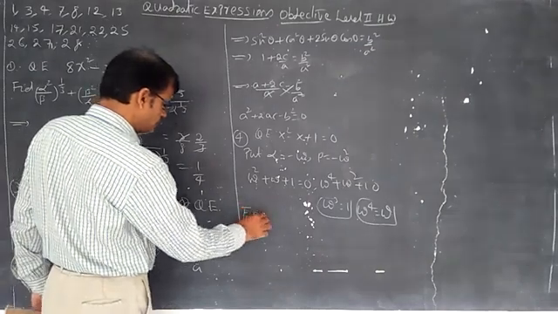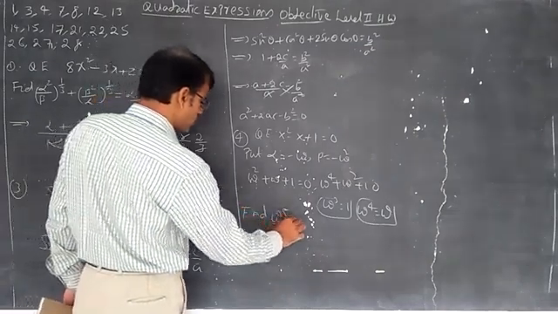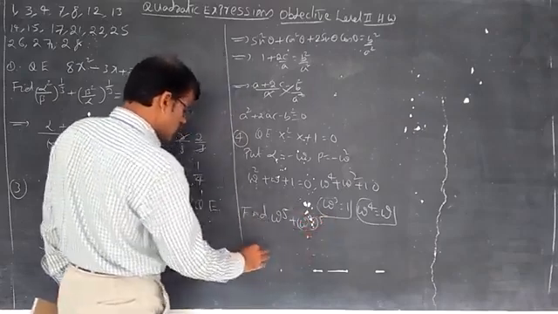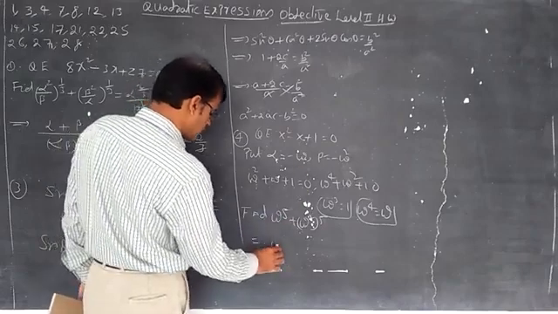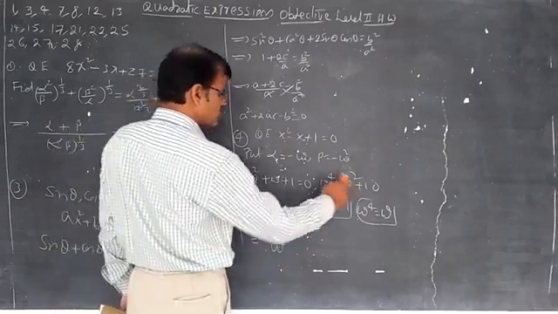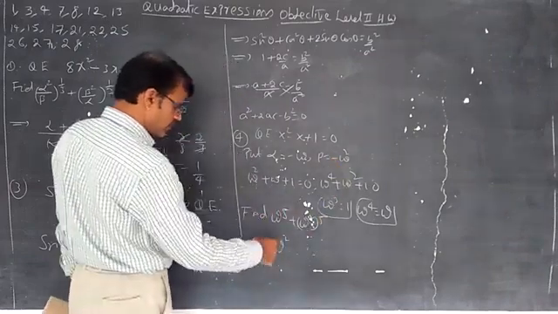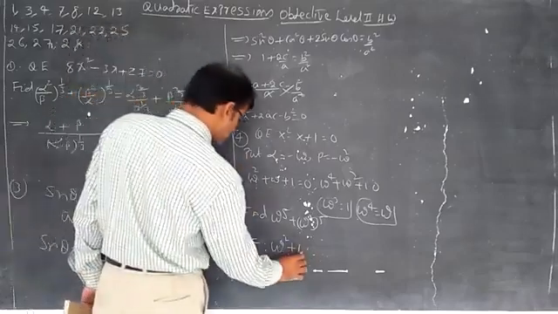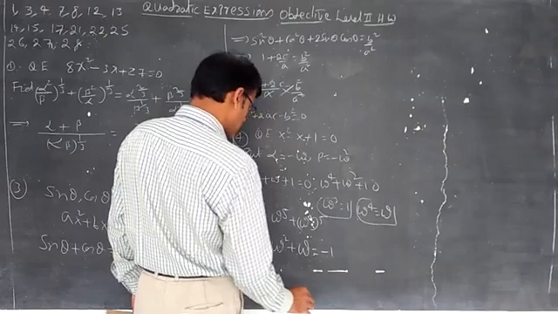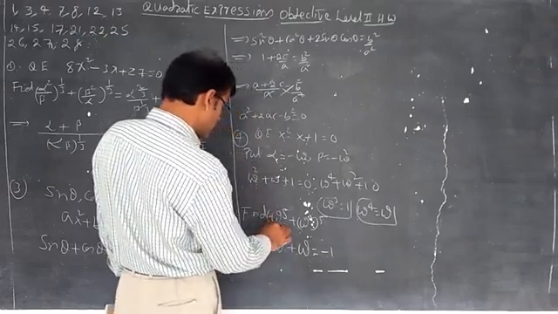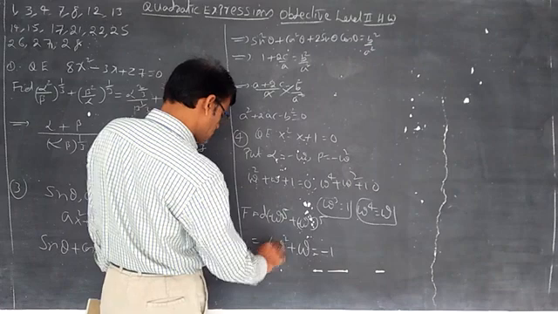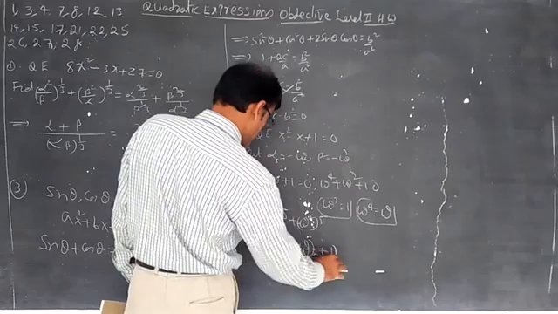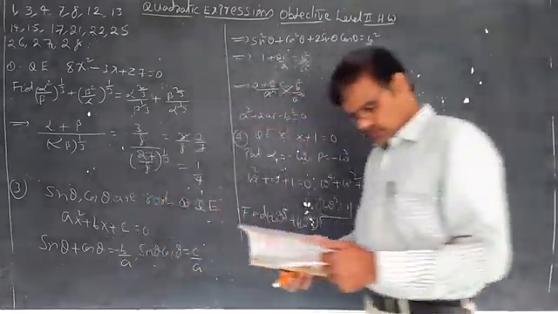Now we should find out alpha power 5 plus beta power 5, that is (minus omega) power 5 plus (minus omega square) power 5. It is nothing but the concept that omega cube is equal to 1. Omega power 5 becomes omega square, plus omega power 10: omega power 9 into omega becomes omega. Omega square plus omega becomes minus 1. Students, this is minus omega over 5 and minus omega square, so minus of it, minus of minus 1, becomes 1.